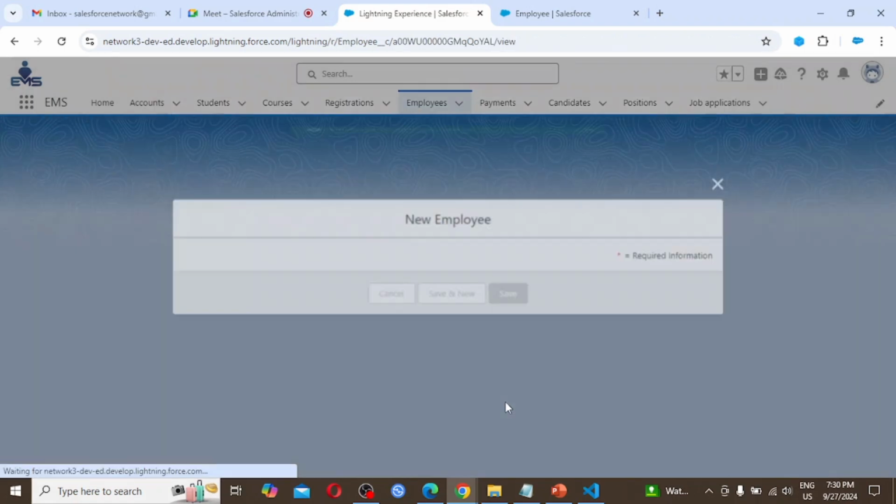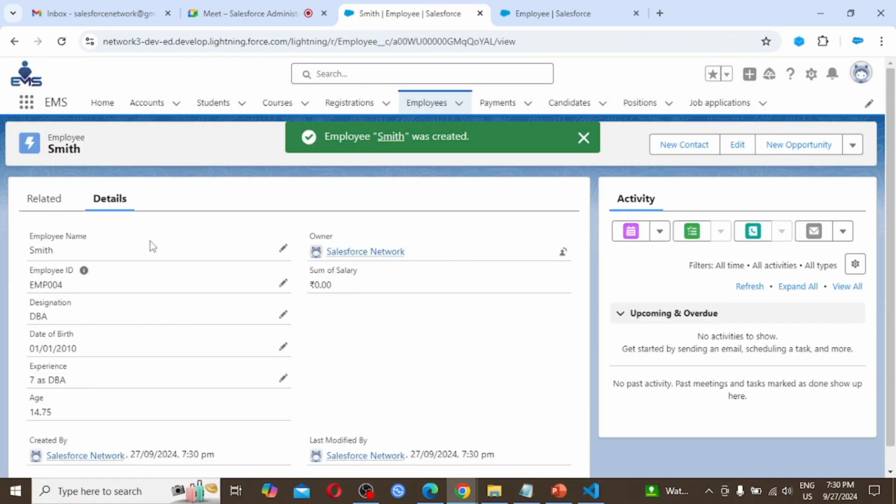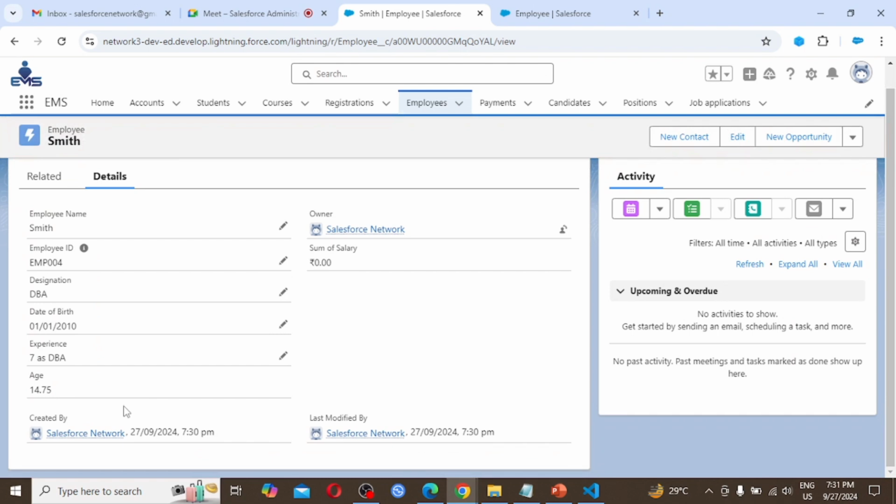Click save. So we are getting redirected to the detail page. See, it's calculated 14 as age, and 75 is what? Days. To calculate the age exactly, with the year, month, and day of that particular employee, you have to make this formula a little bit complex, so you will get the exact result. For now I was concentrating on only years, so I am not making it complex.